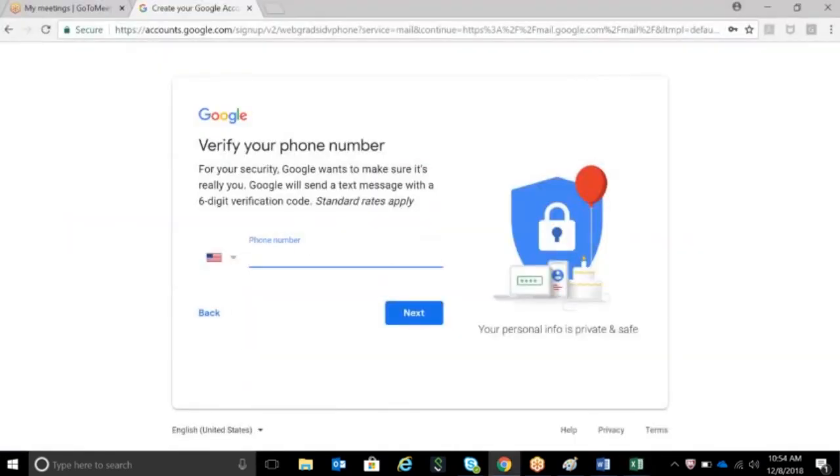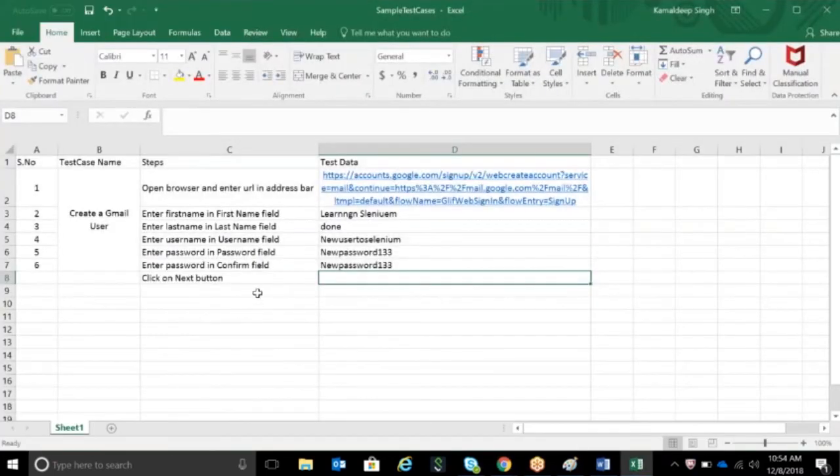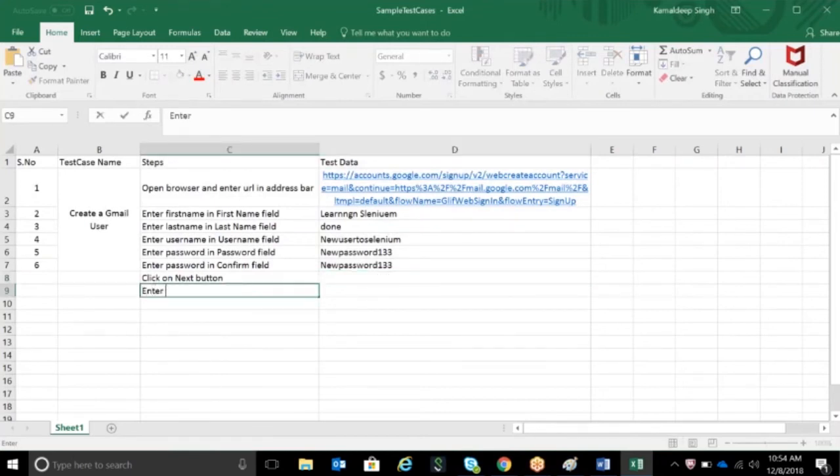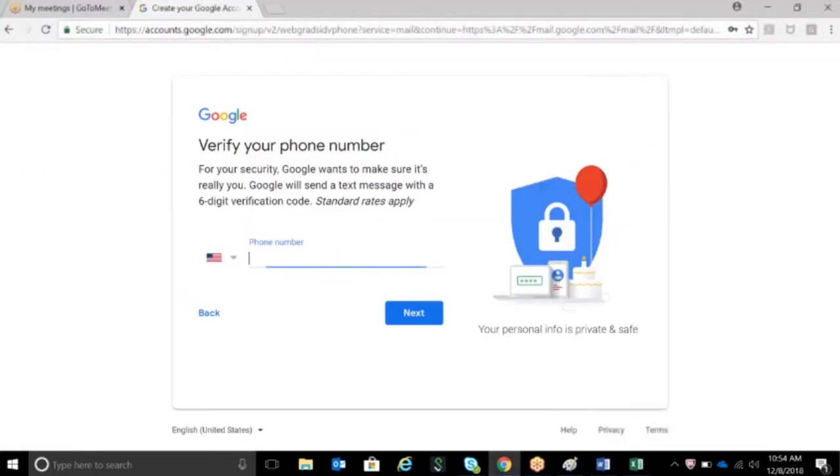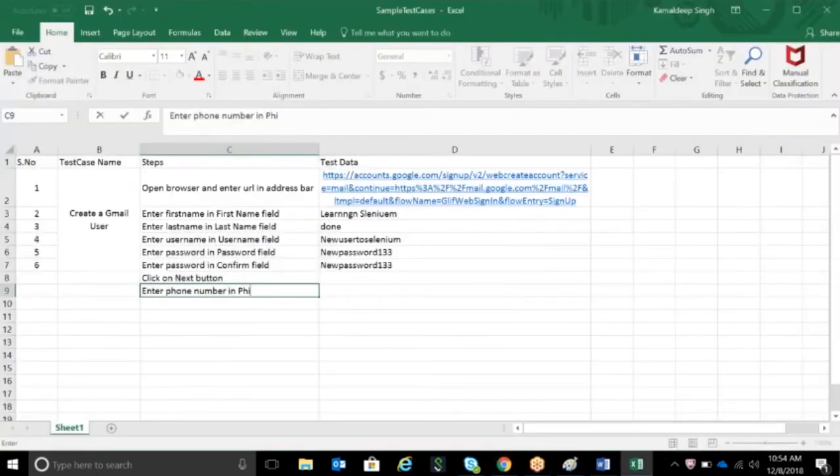Now over here, what we will say is, the next step would be enter phone number in phone number field.